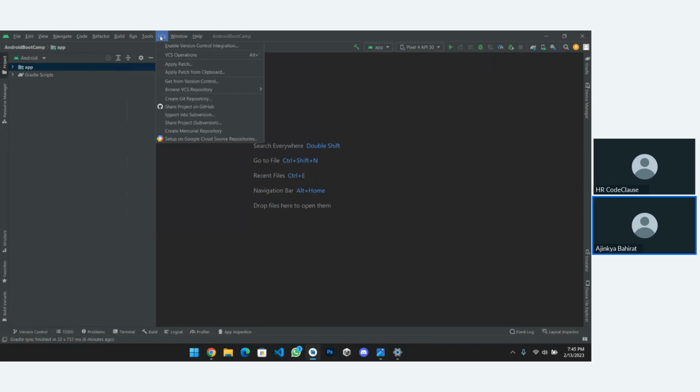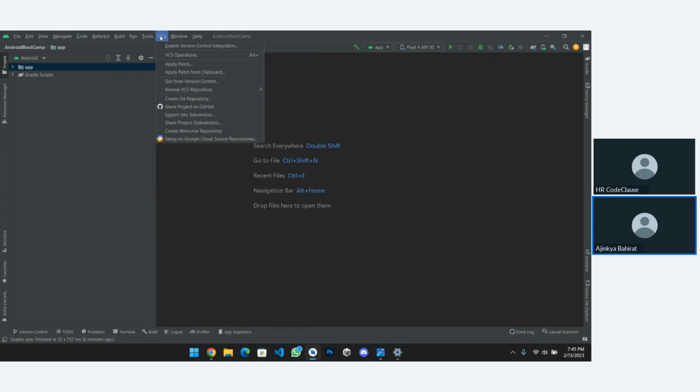So VCS, I already told you, VCS is nothing but version control. So you can connect your project to GitHub, so that suppose if you are working in a group, you can store your project on GitHub and everybody can contribute to your project. It's a whole other thing, the project contribution and the open source project.